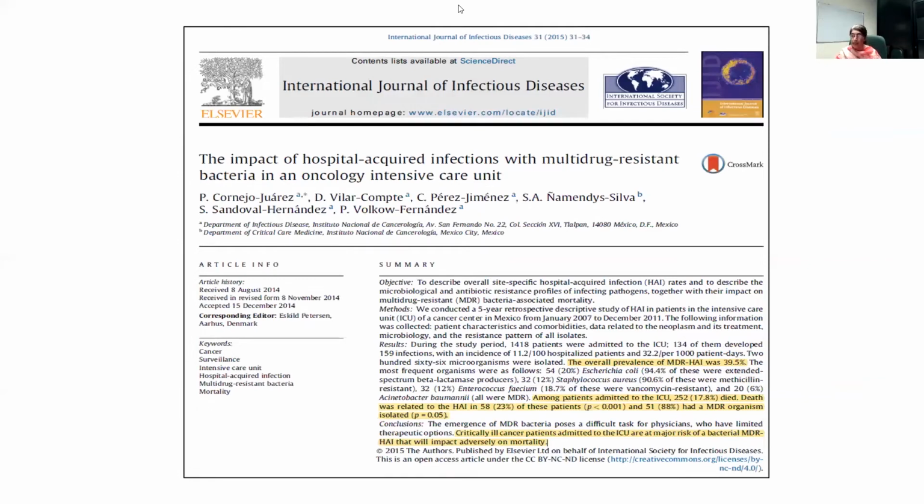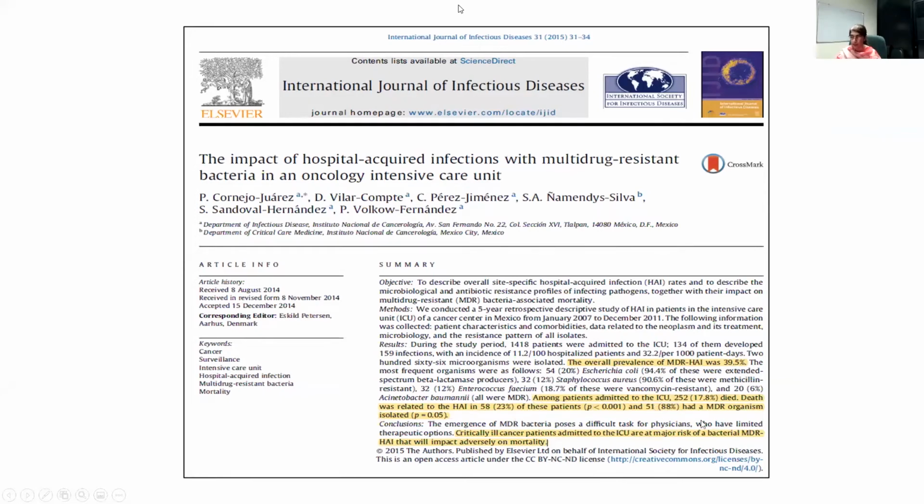This is a retrospective descriptive study about the impact of hospital-acquired infections in patients with multi-drug resistance in an oncology intensive care unit. The overall prevalence of MDR healthcare-associated infection was 39.5%. Amongst all the patients in the ICU, 252 patients died, and death was related to healthcare-associated infections in 23% of these patients. The number of patients was 58, and out of these 58 patients who had healthcare-associated infections, 51 patients had